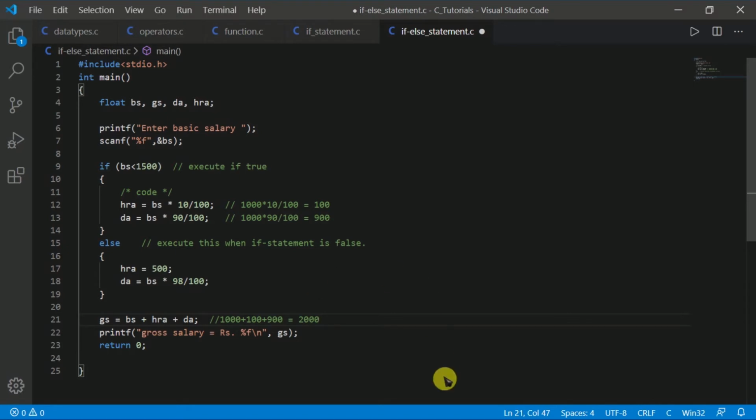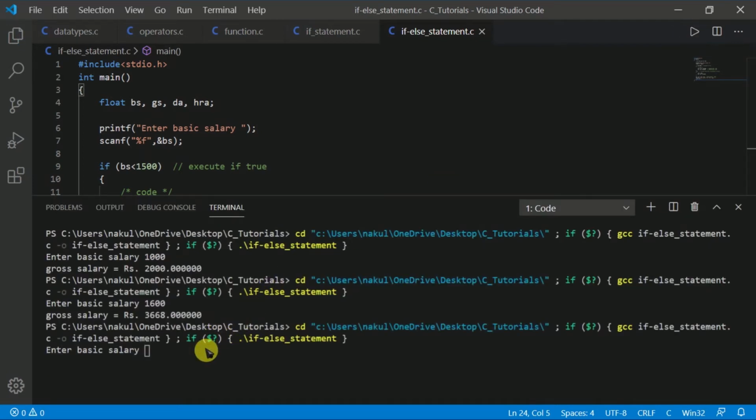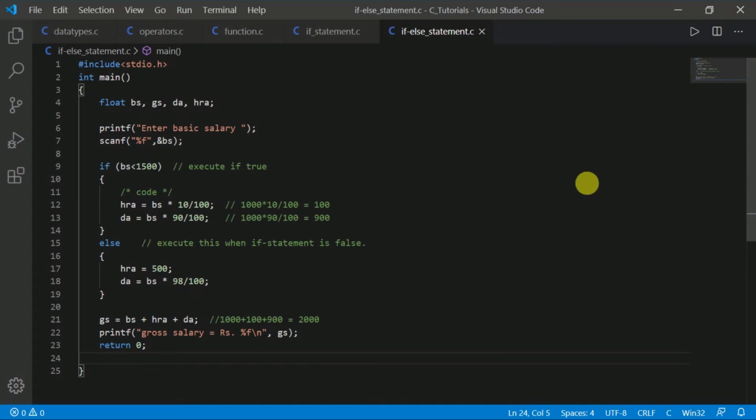So let's run this program. I first run this, and I enter the value 1000. Now you can see gross salary equal to Rs 2000.00. So how do we get this 2000? HRA equal to BS into 10 divided by 100.